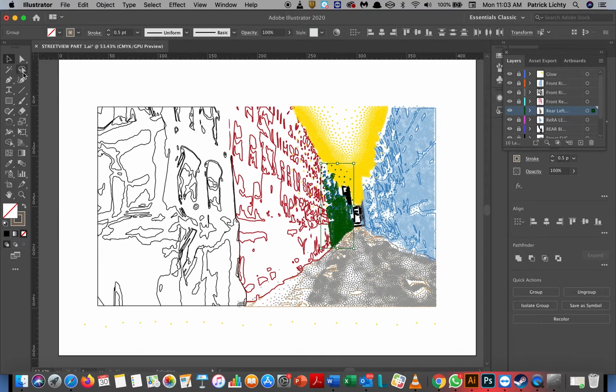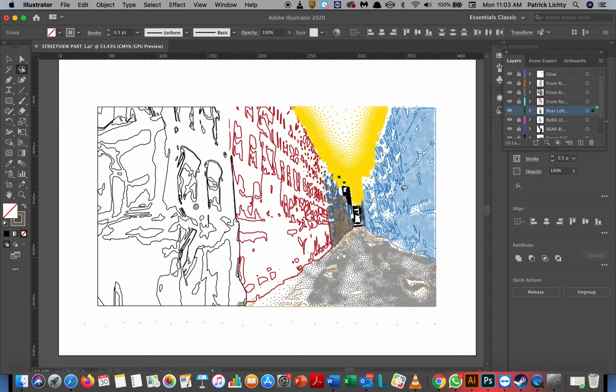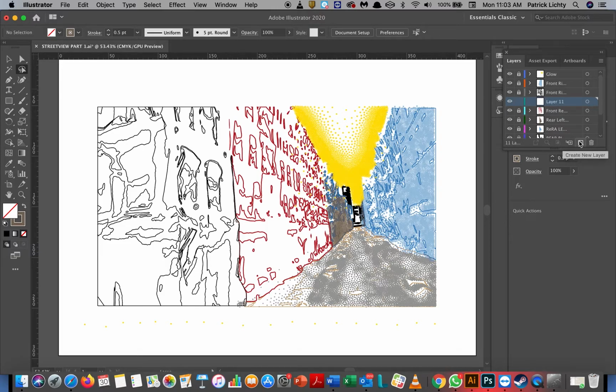And I'm also going to lasso just some of these things up here because they don't have a lot to do with what we're doing. Okay. That's it. So guess what? That's done. That's done. So we have two more to do. I'm going to lock this. I'm going to make this layer front red PLDG